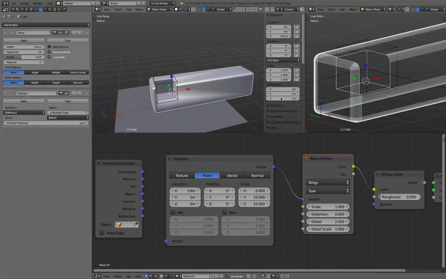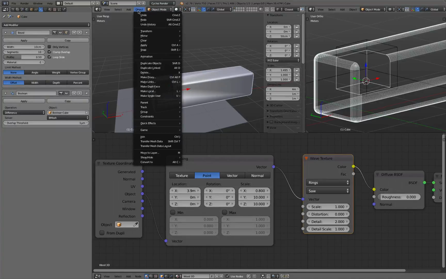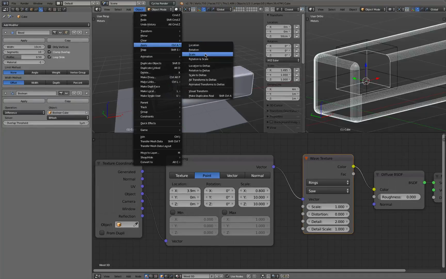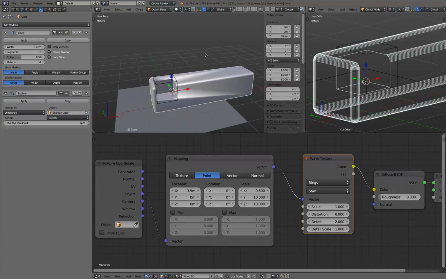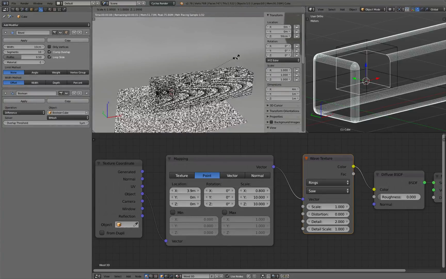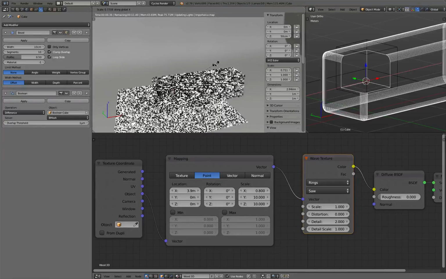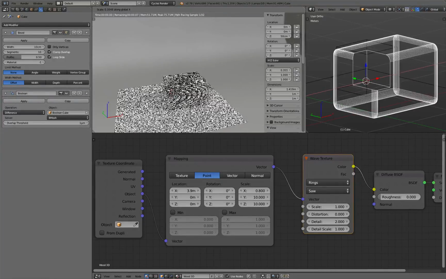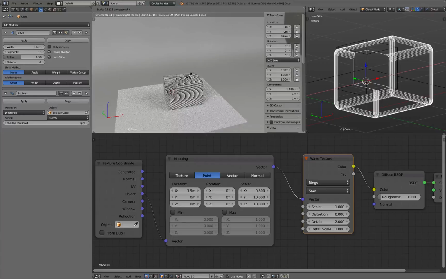So whenever you do this, this is also very good practice in general. You can go to object, and then you have to select apply scale. This is really important, because if I press S and X and scale this one along X, you see actually the texture simply shrinks with it. But that's not really what I want. I don't want the texture to shrink. I want the texture to be the same, but only show me now a smaller block of